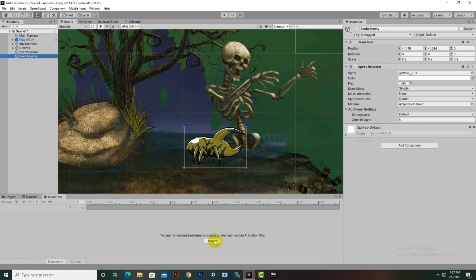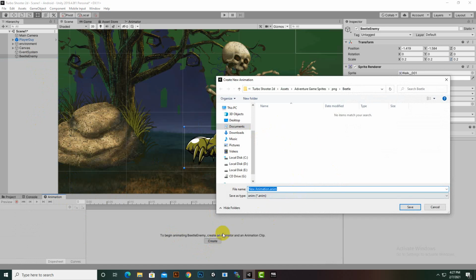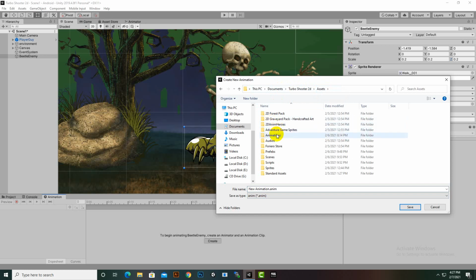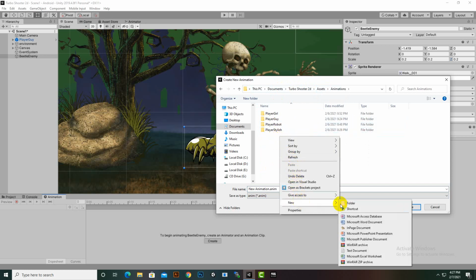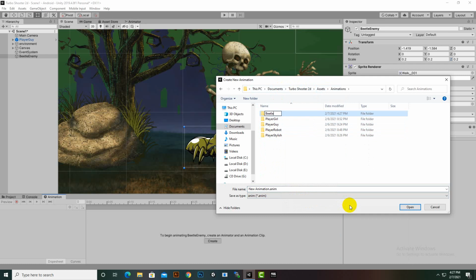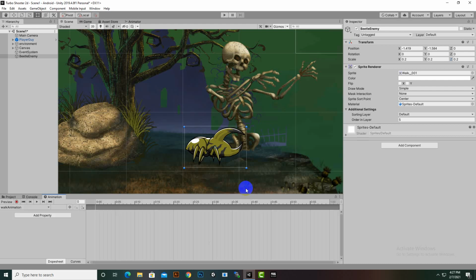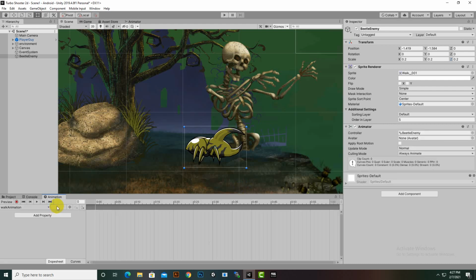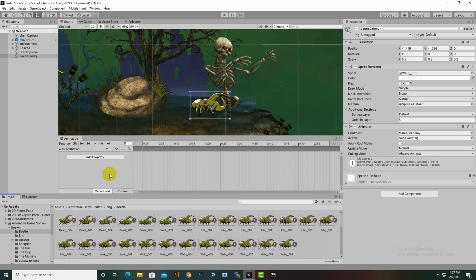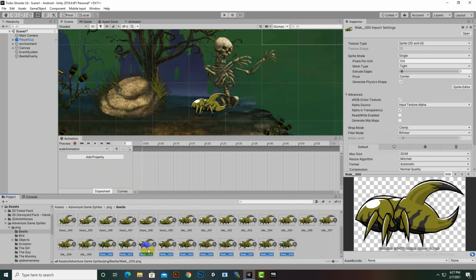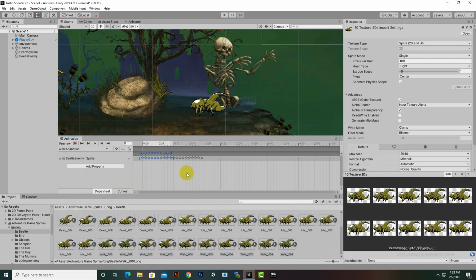So now we can create animation, and we will move to assets, animations, and here we will create a folder for Beetle enemy, and here we will add a walk animation, and I will keep just the walk animation for this enemy. For enemies we will not create many more sprites, but you can do that if you want. Okay, so let's select all the frames,